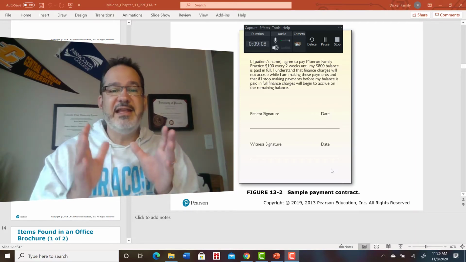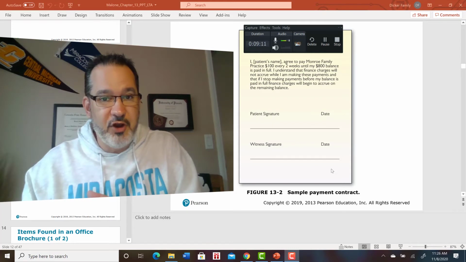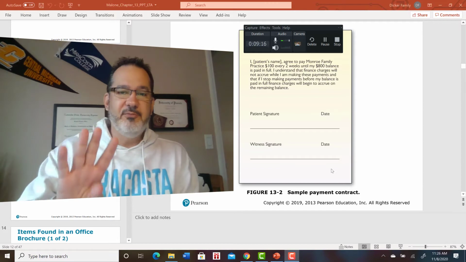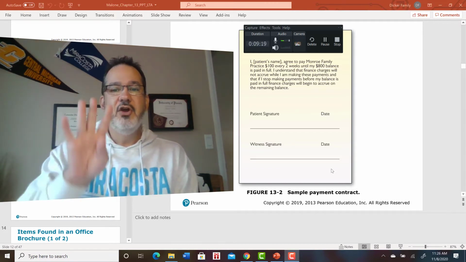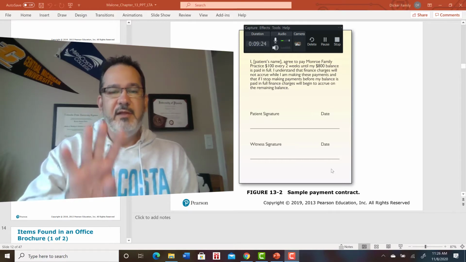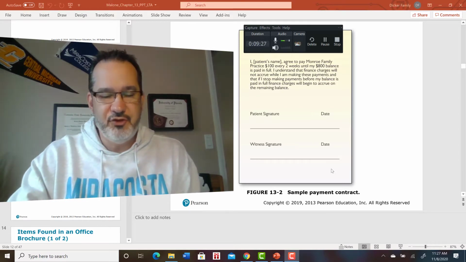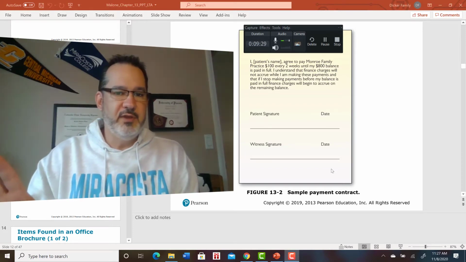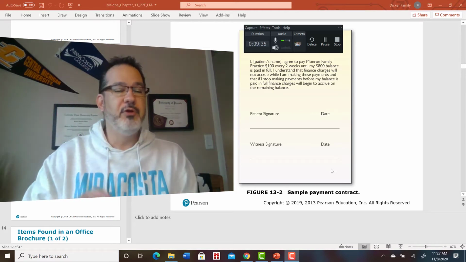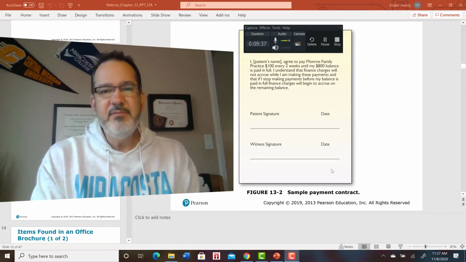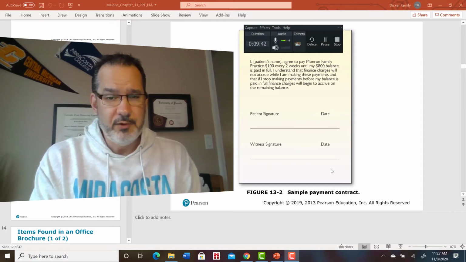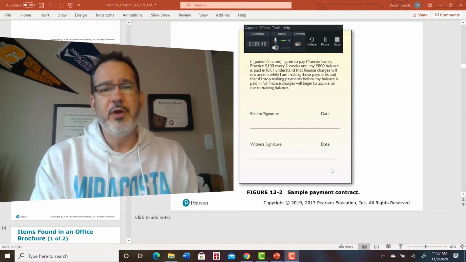Doctors' offices can put finance charges or interest on payments. In particular, it has to be that the patient is going to need more than 4 payments. So if there's more than 4 payments involved, then we can assess finance charges, and that is through the Truth in Lending Act. Part of that was we have to put that on paper for patients. So honestly, most practices don't do this. Most practices that I've worked for in my career, usually we'll do verbal contracts with patients.